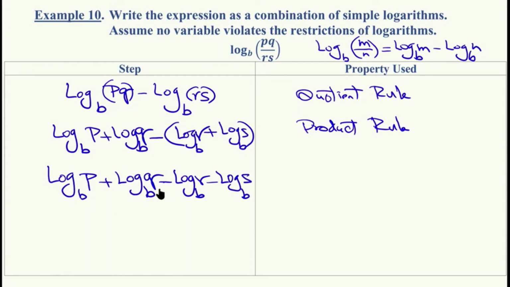Notice each of these logs is a simple log because their power is 1, just a variable or a constant to the power of 1. So here we just did some simplifying. So that's all there is to it. Okay,